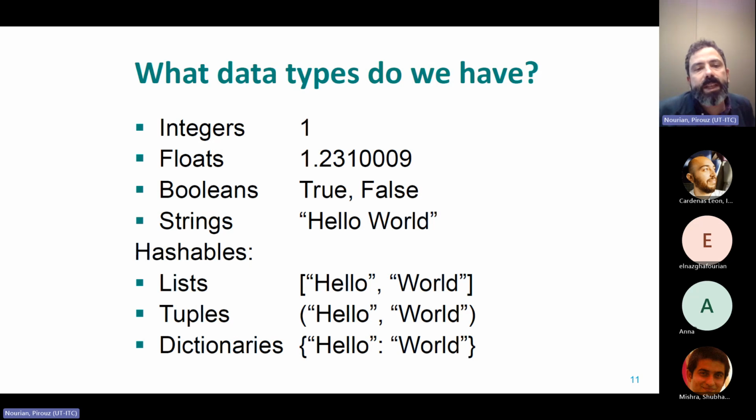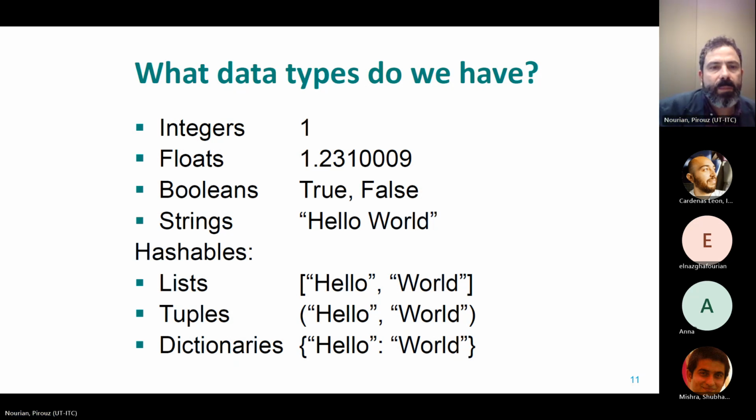Okay, so what are the primitive data types in Python? The first 4 are the most primitive data types: integers, floats, booleans, and strings. I think it's pretty self-explanatory what they are. For representing words and sentences and so on, you work with strings, but in 3D modeling, you're going to be mostly working with floats for representing vertices and geometric things, and with integers for representing topological things. And with booleans, you will be representing conditions,